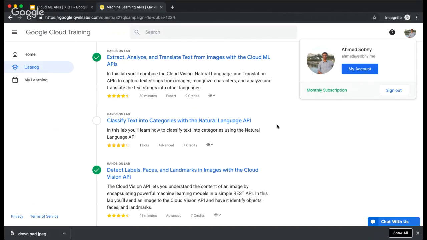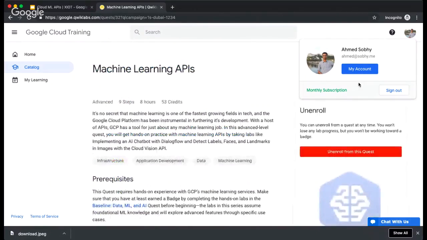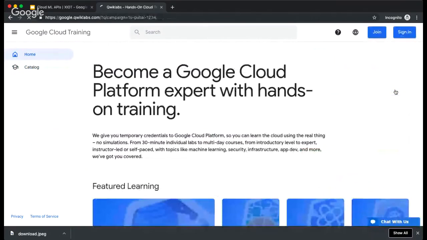But I will mention this quickly. If you have 0 credit, what you need to do is just sign out. In both cases, if you have 0 credit, or if you have an old Quick Labs account, just sign out, open the link which is